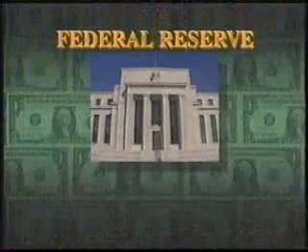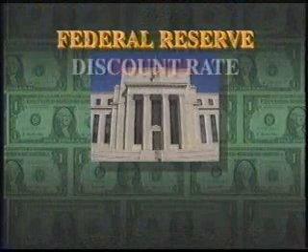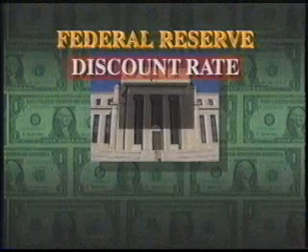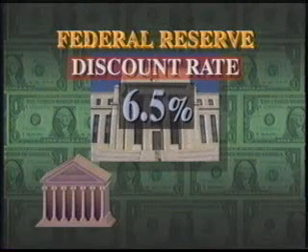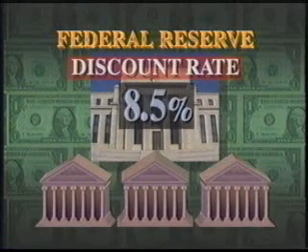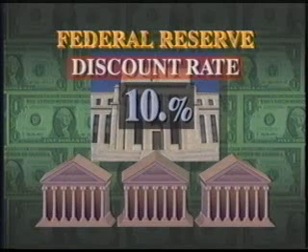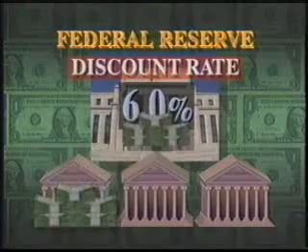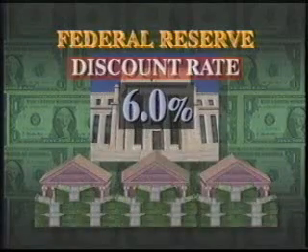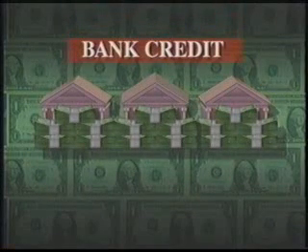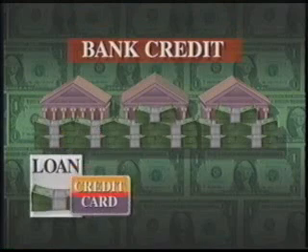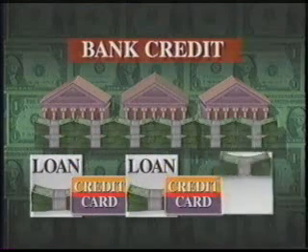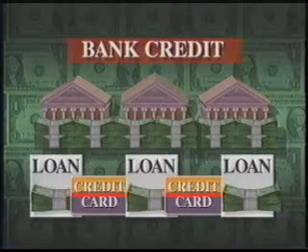Another device the Fed uses to control the amount of money in circulation is setting the discount rate. This is the interest rate charged to member banks when they borrow short-term from the so-called discount window. If the Fed lowers the discount rate for its loans, commercial banks will likely borrow more from the Fed. This increases the amount of funds banks have to lend. Bank credit thus becomes cheaper, as reflected in lower interest rates on bank loans and credit cards. The increase in funds available for banks to lend also increases the amount of money in the economy.